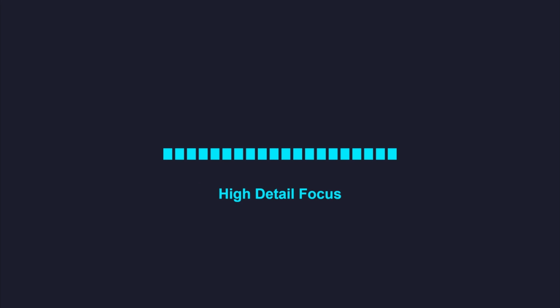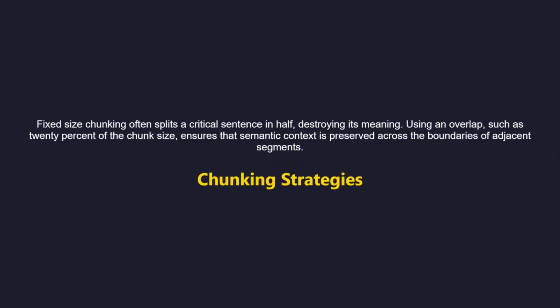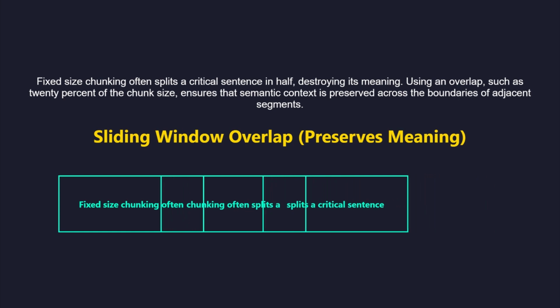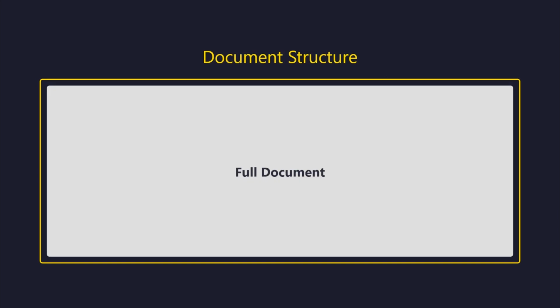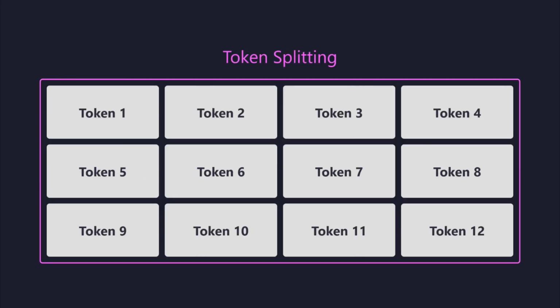Small chunks capture specific details but lose context, while large chunks provide broad context but dilute specific facts. Architects must find the balance based on the typical query length and detail. Fixed-size chunking often splits a critical sentence in half, destroying its meaning. Using an overlap, such as 20% of the chunk size, ensures that semantic context is preserved across the boundaries of adjacent segments. Recursive splitting attempts to break text at logical points, like double new lines, then single new lines, and finally spaces. This hierarchy ensures that paragraphs and sentences stay together as much as possible, maintaining the logical structure for